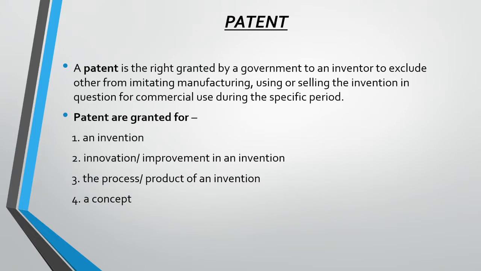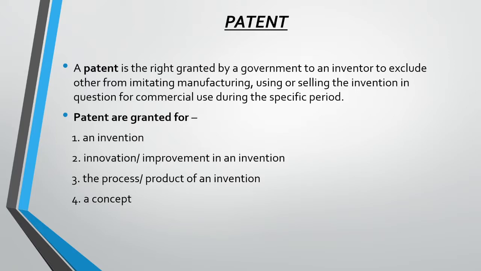A patent is a type of intellectual property that gives its owner the legal right to exclude others from making, using, or selling an invention for a limited period of time. In 1970, pharmaceuticals and agrochemicals did not have patent rights, but after the amendment, these were also allowed in 1999.